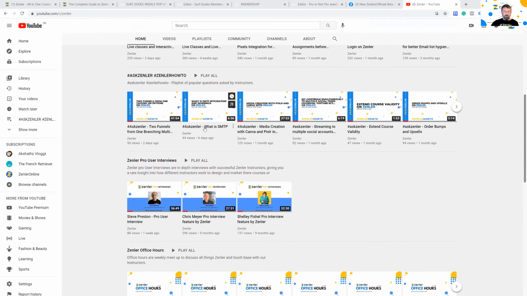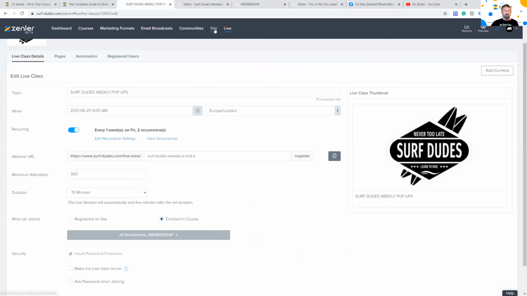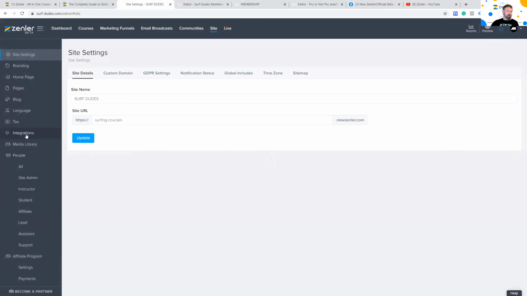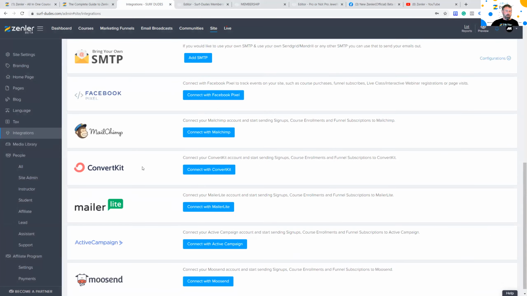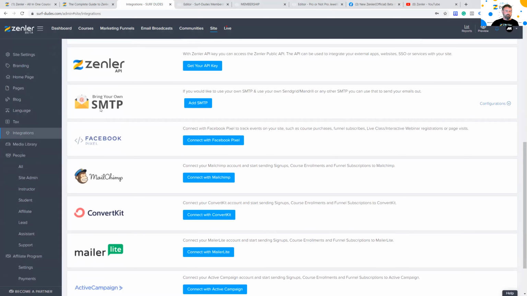If you look down here, I've got a video on what is SMTP. This is talking about the integration side of things. So if you're bypassing Zenler Mail and you want to use your own mail system, I've done a video on it here. I'm not going to talk much about it here, but you can go in there and look, and you'll find inside the site itself, under your integration settings here, you'll see that you have SMTP. If you would like to use your SMTP, you can use it there. So you can set it up, but you need to test it.